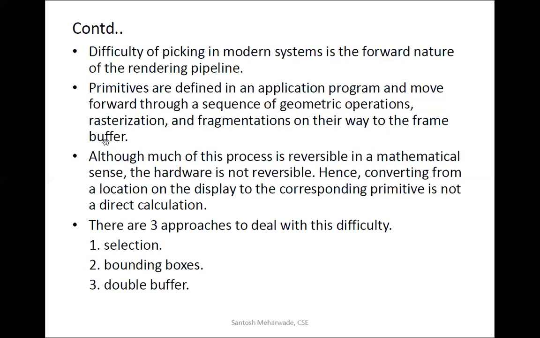In vertex processing, it takes the input as vertices and processes them, determining which vertices are inside and which are outside. Then that is given as input to clipping and primitive assembly. It is going to clip based upon the left, right, bottom, and top boundaries. Next, it is going to assemble all those vertices so that we get the desired clipped object.